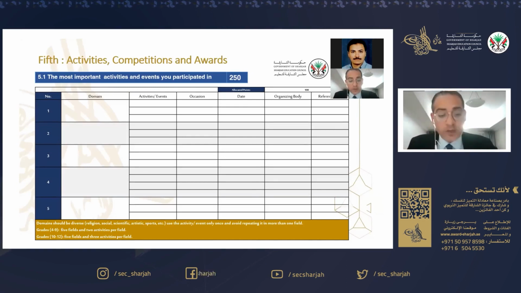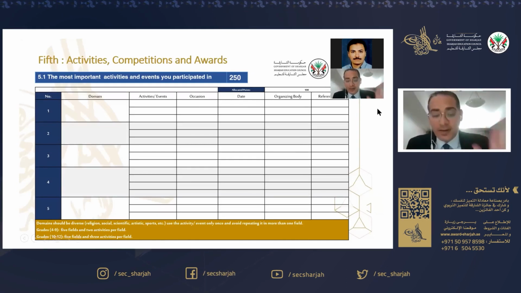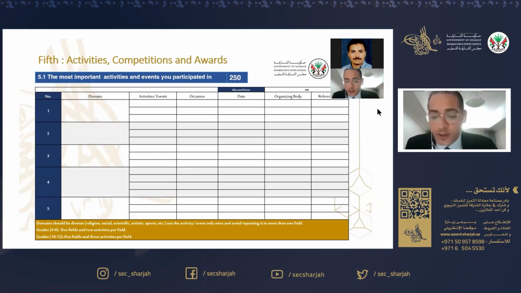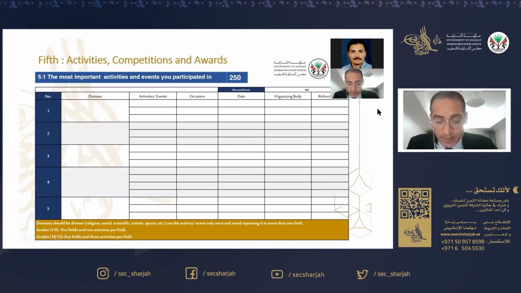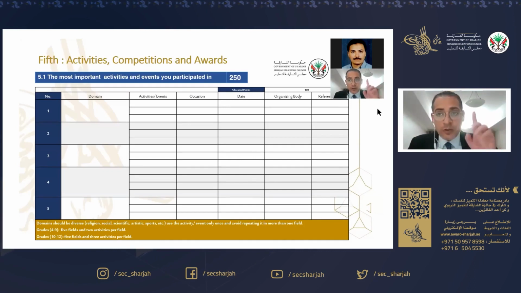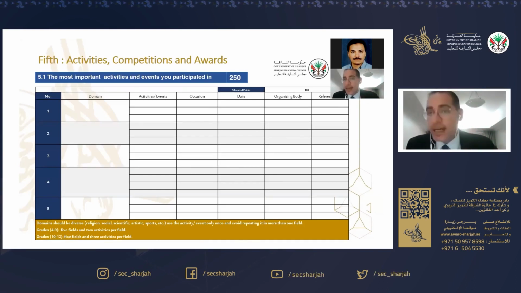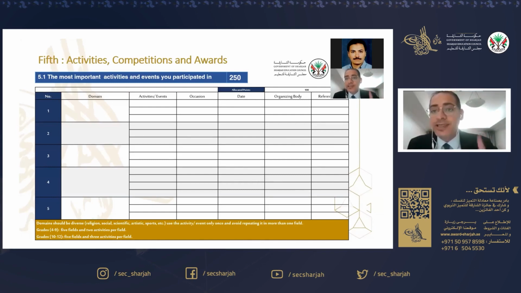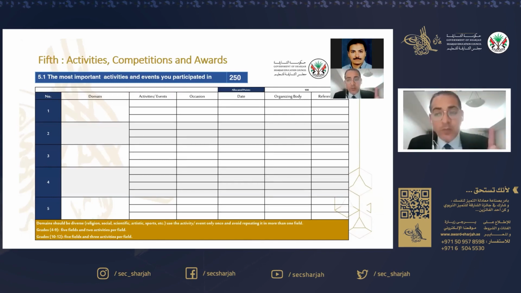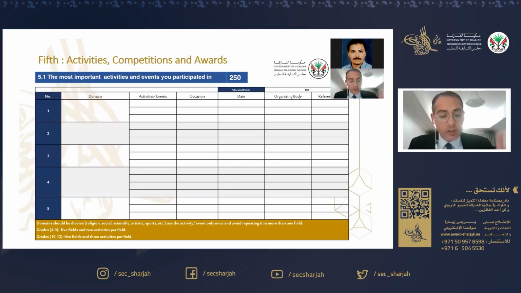So nominees of all grades should list 5 domains of activities they participated in, and you should always remember this: use the activity once and avoid using it twice. Don't use the same exact evidence more than once, and ensure to attach all the supporting evidence, certificates, and photos.